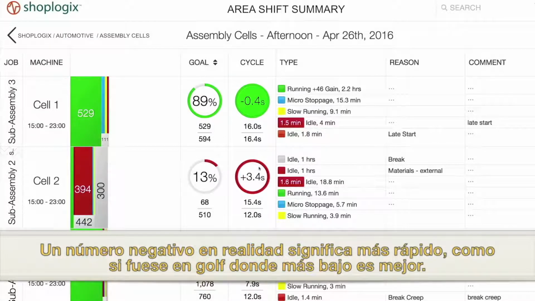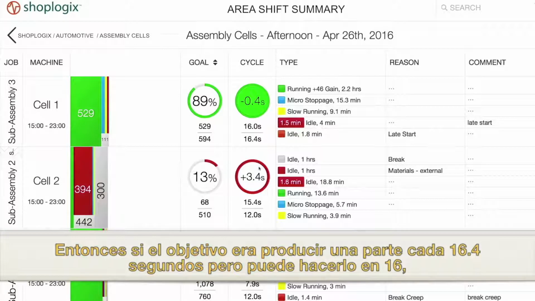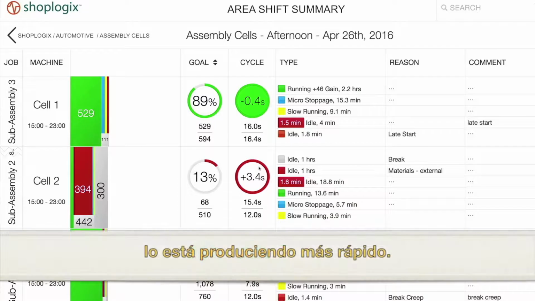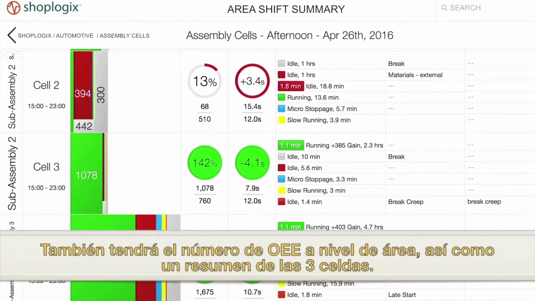A negative is actually faster. You might think of it as a golf score where lower is better. So if the target was to produce a part every 16.4 seconds, but you can do it in 16, you are doing it faster. Please note you will also get the OEE number at the area level